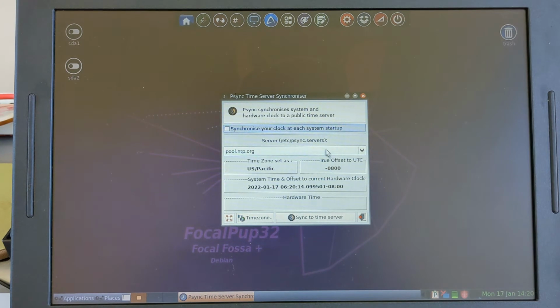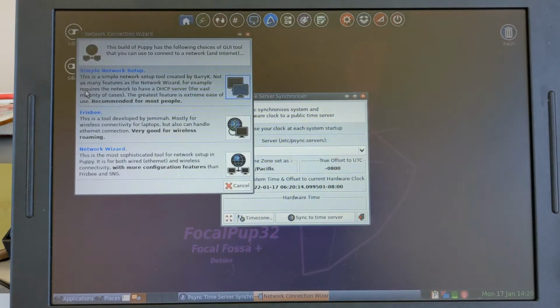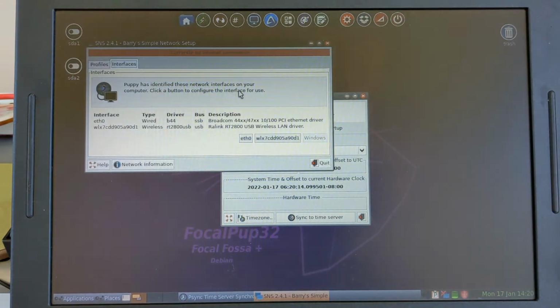And you'll notice that there is a network icon, Wi-Fi is not connected, so we will right click on it and then enter setup networking, wired or wireless, simple network setup. And in my case, although I do have Ethernet, I will go ahead and demonstrate Wi-Fi, which is here,